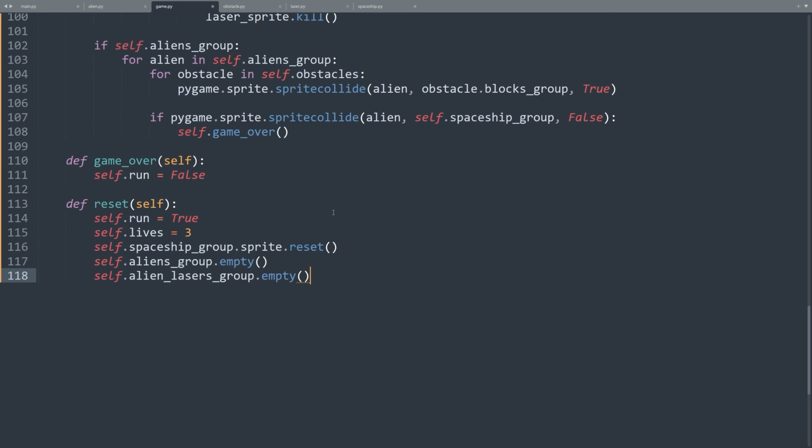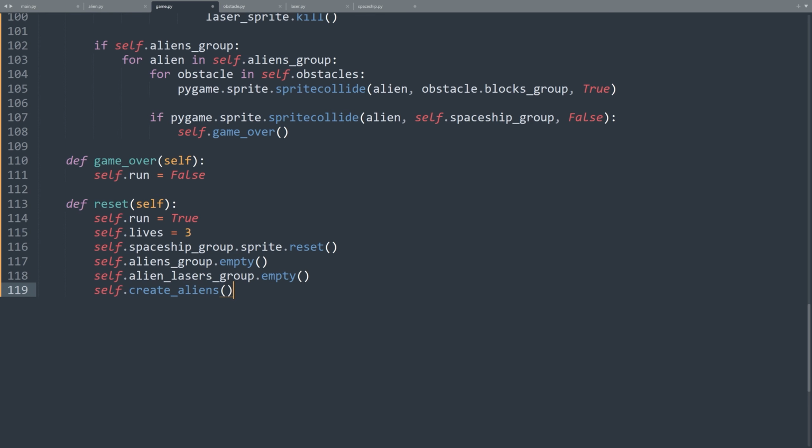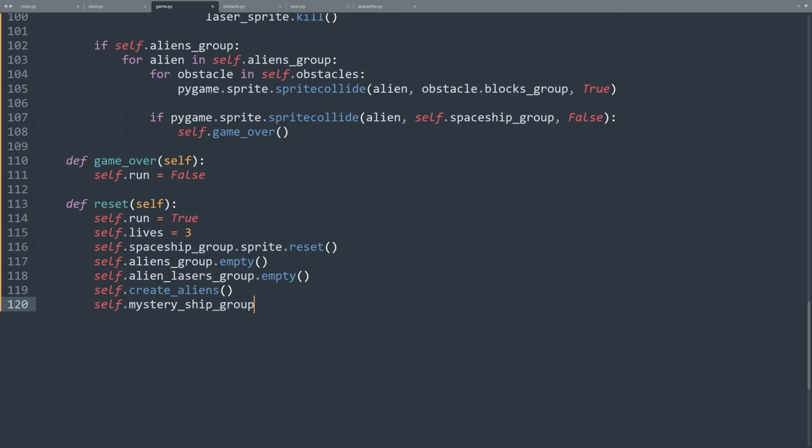Next we need to recreate them. We have a method for this, self.create_aliens(). We also have to delete the mystery ship sprite if it is visible. self.mystery_ship_group.empty().